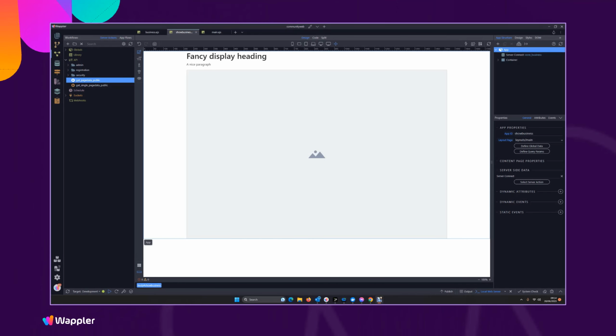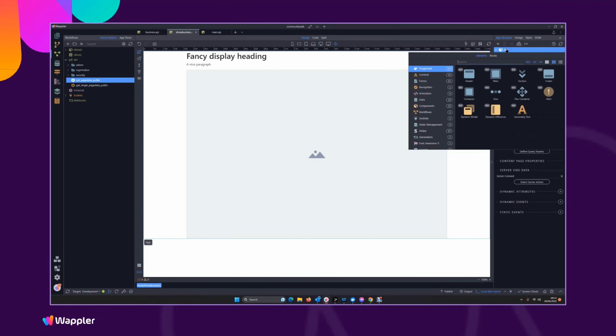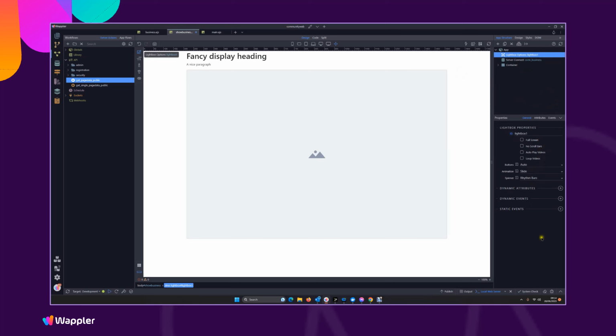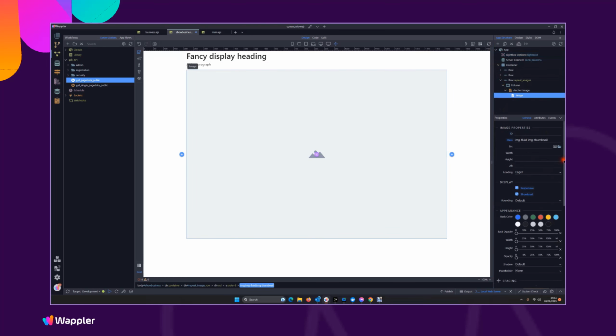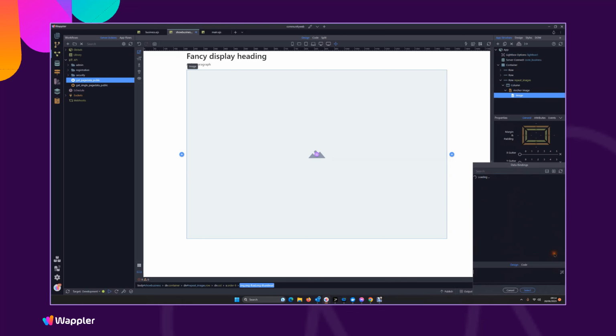So this is a straightforward process. First of all, we're going to go up to our Connect panel, and we're going to add the lightbox component, which is here. There are certain options to add to that. I'm not going to do any of those. I'm just going to leave it as absolutely standard. You're welcome to play with them when you go to do this yourself. We've already set our image, of course, so I'm actually going to do a little bit of a cheat here, or not so much a cheat, just make things quick. I'm going to copy that path